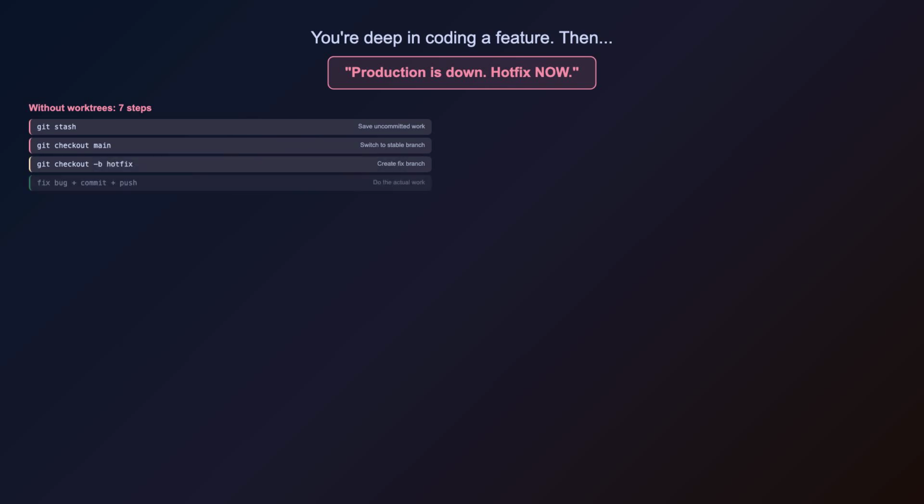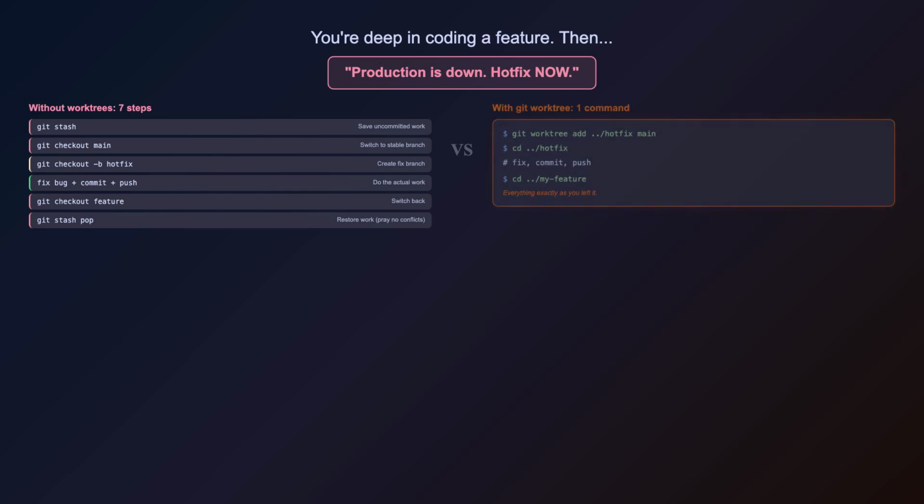So you scramble: git stash, git checkout main, git checkout -b hotfix, fix the bug, commit, push, git checkout back to your feature branch, git stash pop, pray that nothing conflicts. 7 steps. Your mental state is gone, your flow is broken, and half the time the stash pop gives you